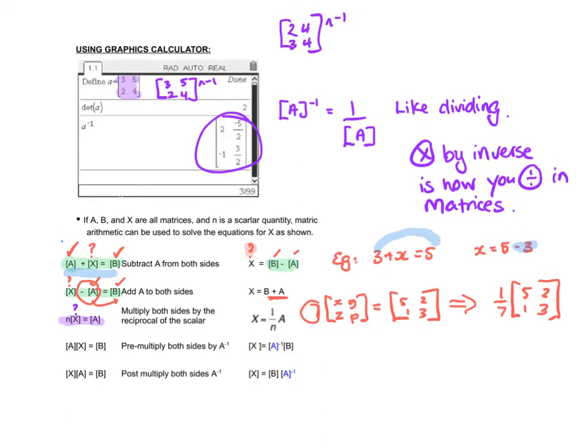Then you finally get down to these ones down here, and here is where I have a matrix times another matrix. So this one's the question. I don't know what this one is, but I know that. Now, if I went to move this, it's times in here. So if I move it over an equal sign, it's going to divide, isn't it? Yeah? Now, there's no actual dividing in matrices. I said it before. What do we do? We times by the inverse. So can you see here, the way I solve it is by using the inverse matrix and I times it by B. That's like dividing. Okay, so every time you think, if I need to solve something,